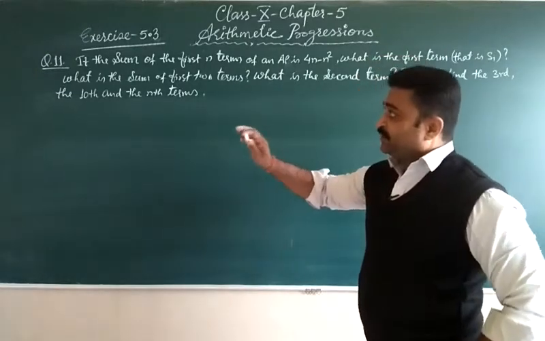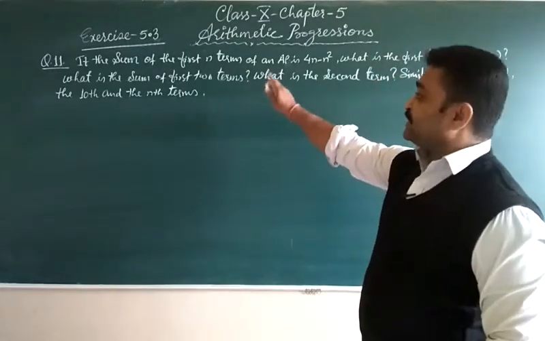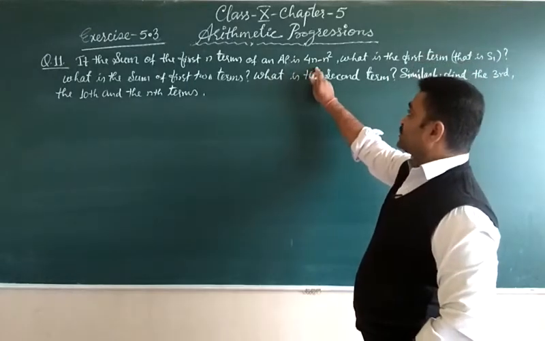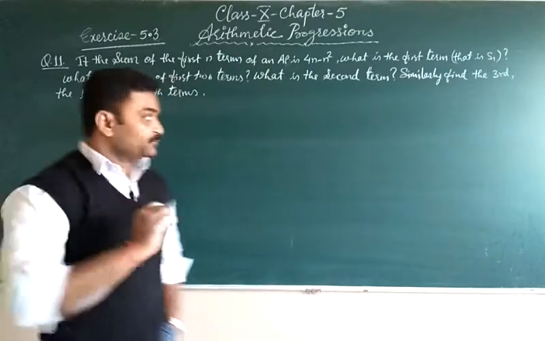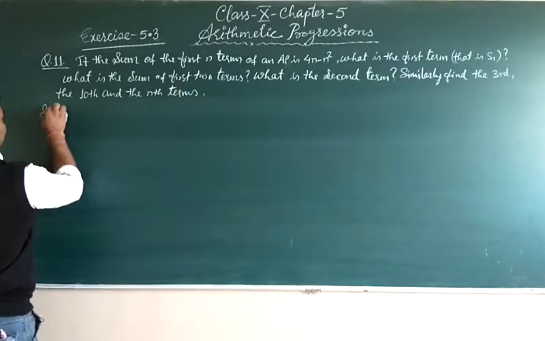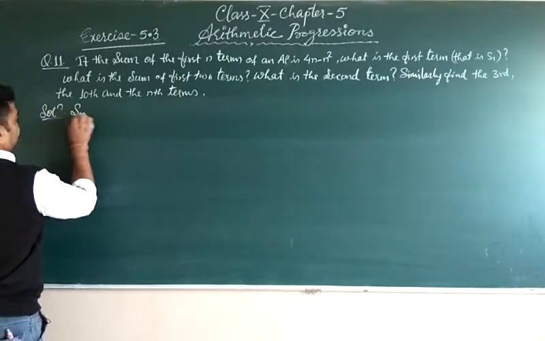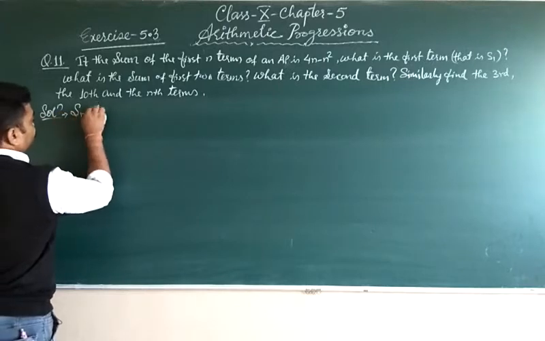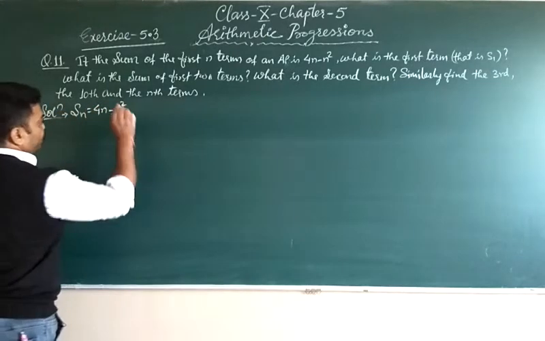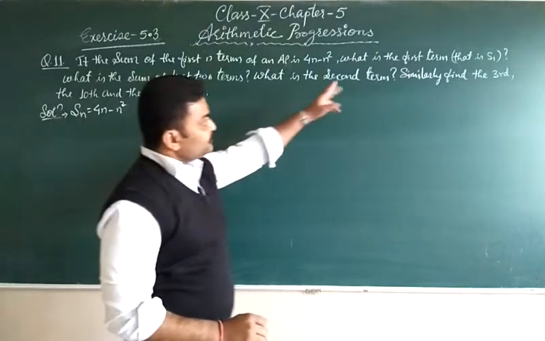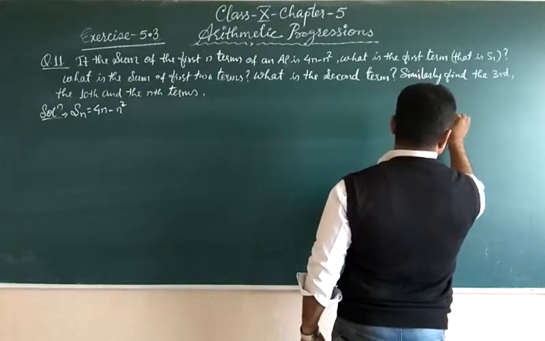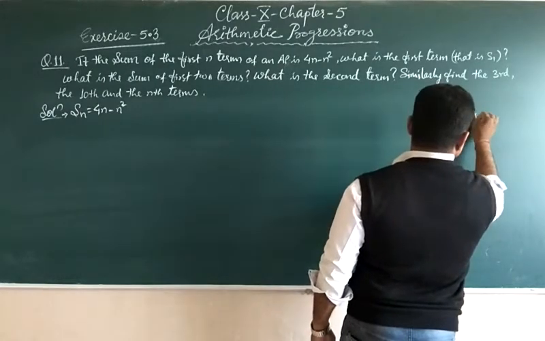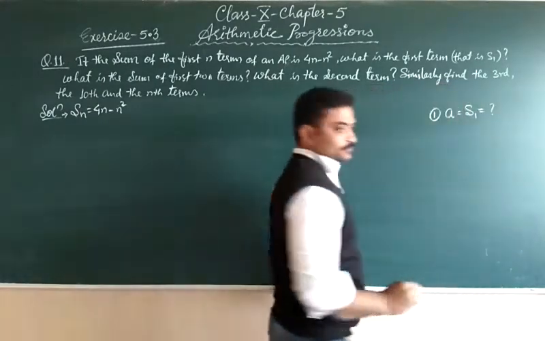In this question we are given that the sum of the first n terms of an AP is 4n minus n square. First of all, we have given that Sn is equal to 4n minus n square. What is the first term? The first thing we are asked is the first term, that is A, is equal to S1, is equal to question mark, or